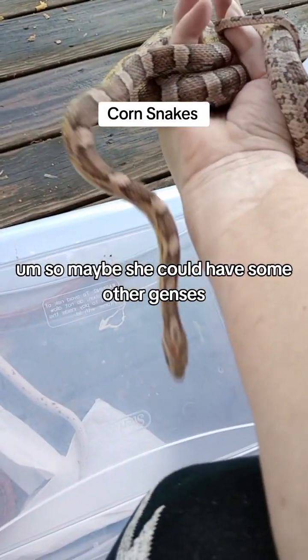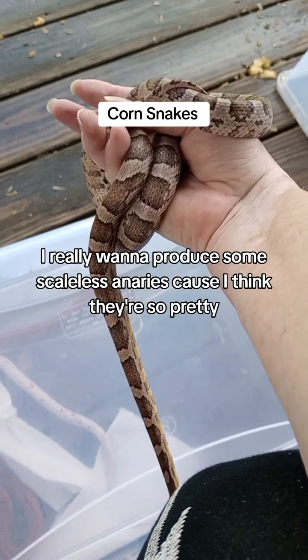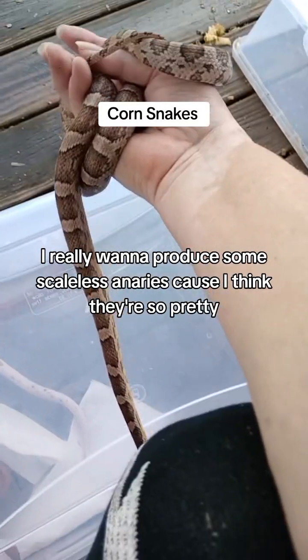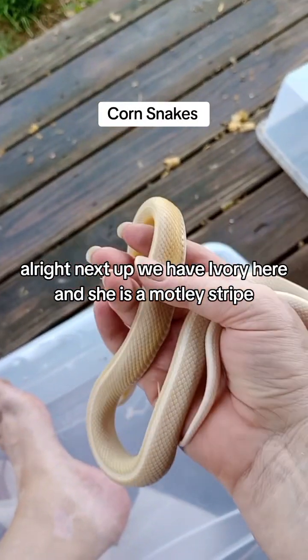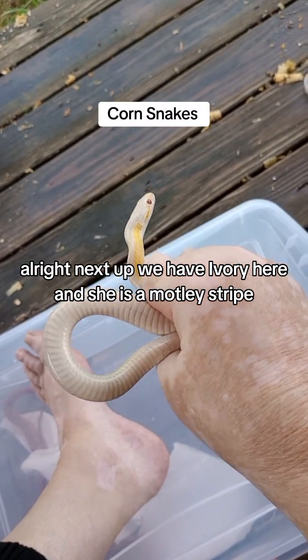So maybe she could have some other genes, who knows, but I just really like anery girls. I really want to produce some scaleless aneries because I think they're so pretty. All right, next up we have Ivory here, and she is a motley stripe